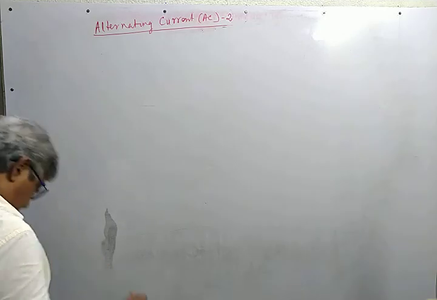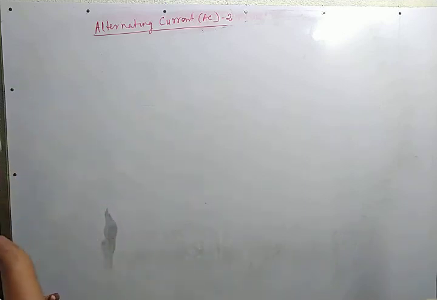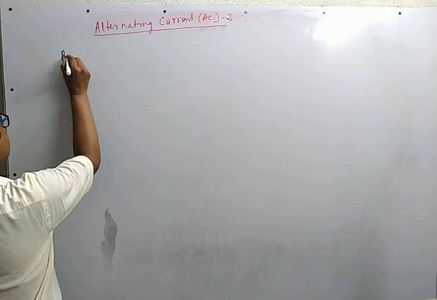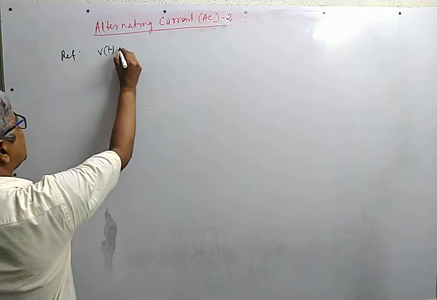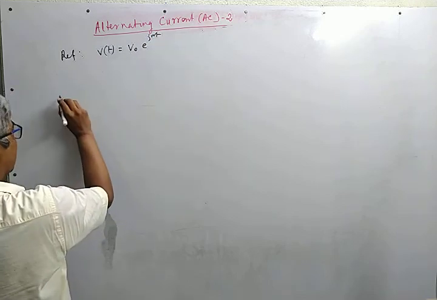In the first lecture on AC, we discussed the basic things related to AC circuits, and we investigated how the pure circuit elements respond to the applied external AC voltage. The summary of the earlier class is that when a reference voltage Vt is equal to V0 e to the power j omega t is applied, then we